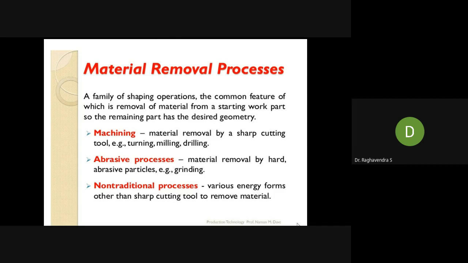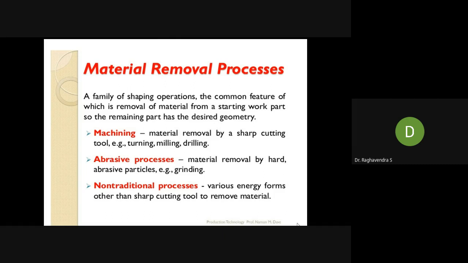Next, the non-traditional process methods. There are n number of non-traditional machines. Nowadays, industries are focusing on non-traditional processes because they have a lot of advantages over traditional processes. Traditional processes are a little more difficult, where you cannot make complicated machining operations, whereas a non-traditional operation can do it very easily.